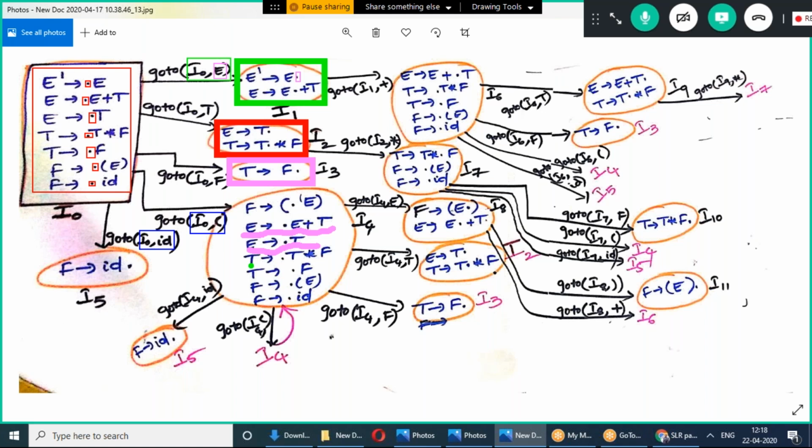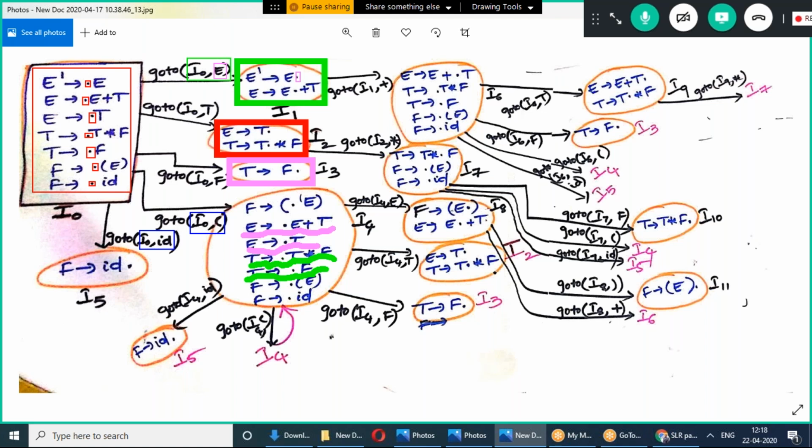So we wrote T tends to dot T star F and T tends to dot F. These two productions we wrote. After writing these T productions, we need to check whether any non-terminal occurred after dot.